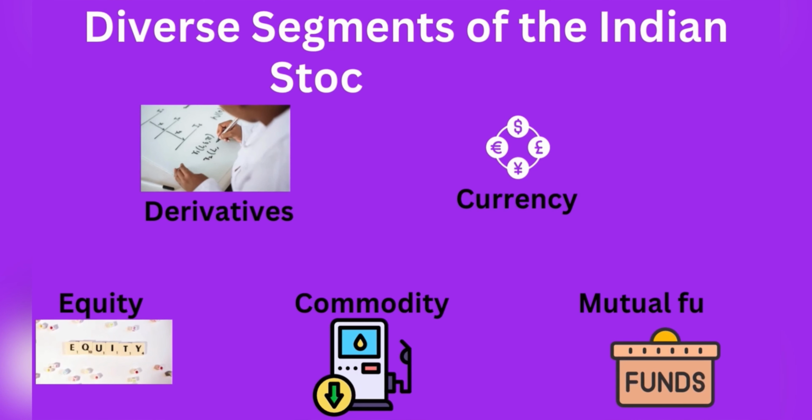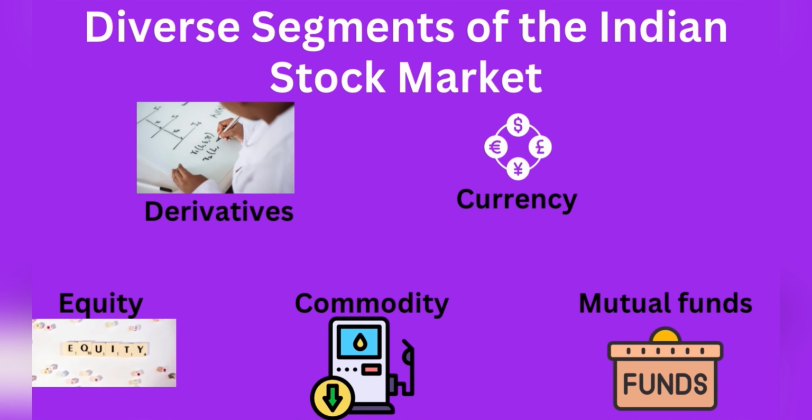The Indian stock market comprises various segments allowing investors to trade a wide range of financial instruments. Some key segments are: first, equity segment that involves buying and selling of shares or stocks, representing ownership in a company. Second is derivative segment, which includes futures and options contracts allowing investors to speculate on price movements without owning